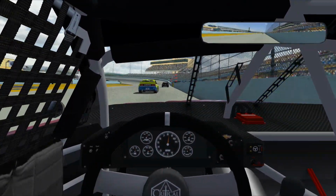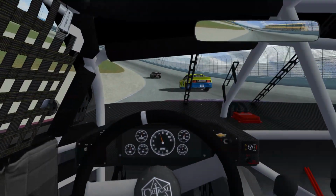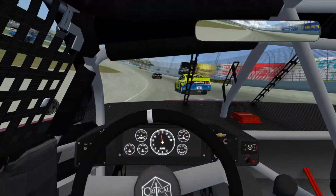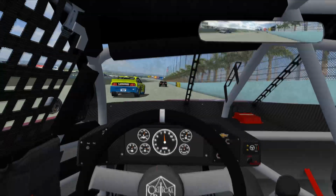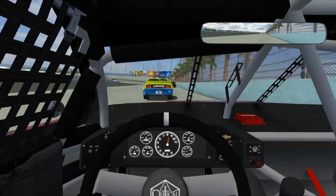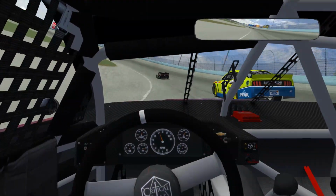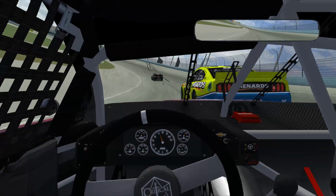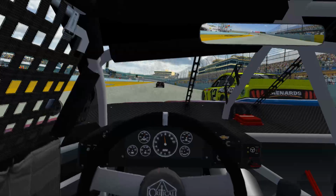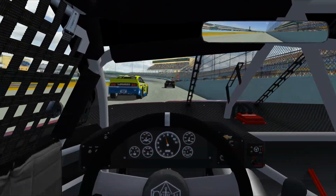1 lap to go. We're not going to catch Brandon, it doesn't seem, but we can catch Blaney and try to get 2nd place out of this if we can roll well down through turn 2, get that pull off of Blaney here. Let's see if we can keep the bottom pegged in 3 and 4 and get 2nd place here. Cut it to the inside, hug that white line as best we can. On the gas a bit too soon, wash the nose. Ryan Blaney will get 2nd. We will settle in 3rd. Brandon will get his 3rd